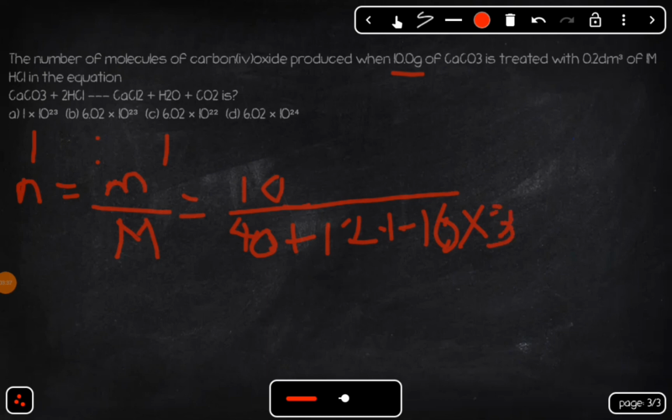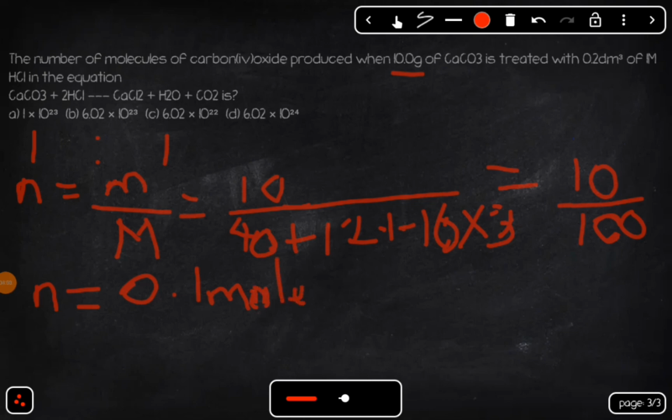So finally, if I calculate everything, I'm going to have 100. Since I'm having 10 over 100, my n is equal to 0.1. So 0.1 mole is the number of moles of